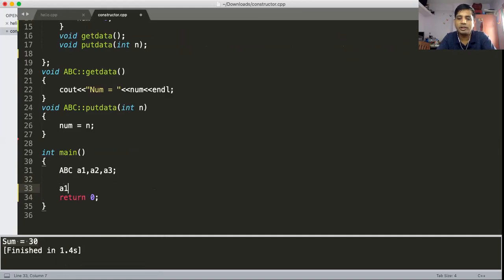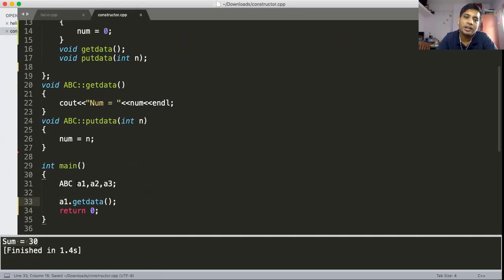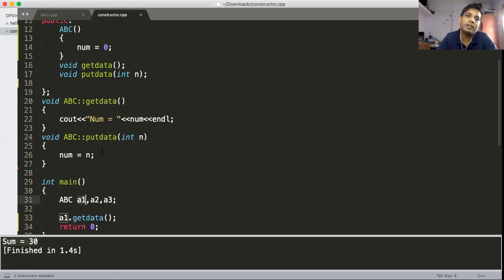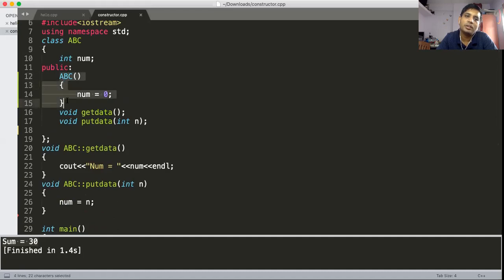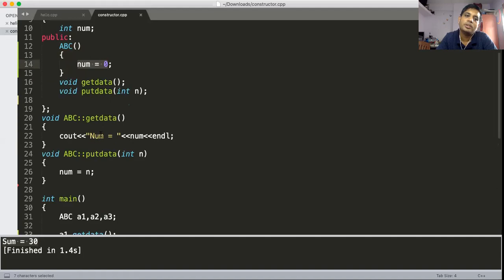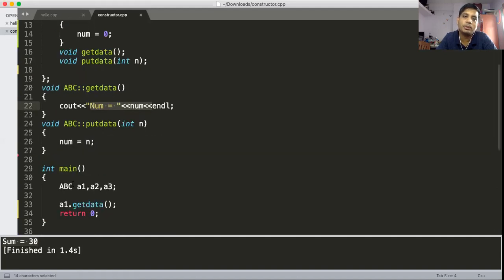I am calling the a1.getData function. When I call it, what happened? Here you have created A1 using the default constructor, and num is initialized with the value 0. So when you call the getData function, 0 should be the output. It should be printed as num is equal to 0.